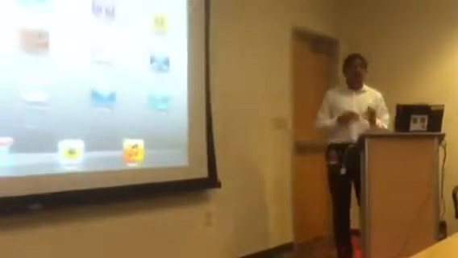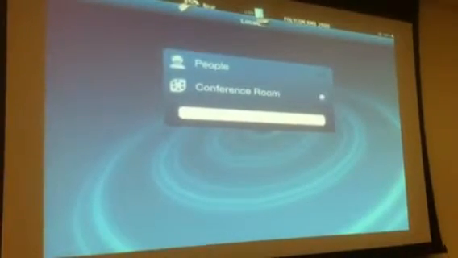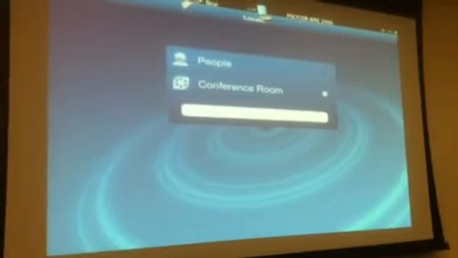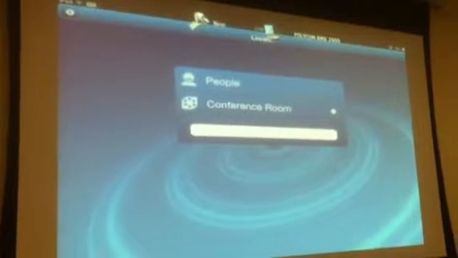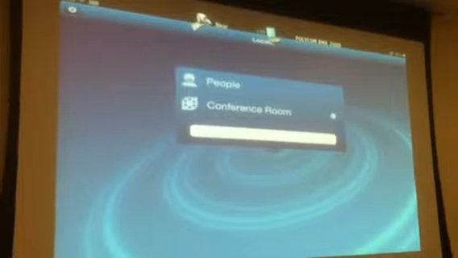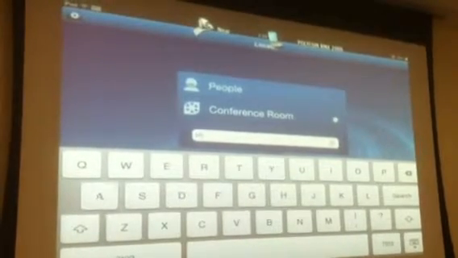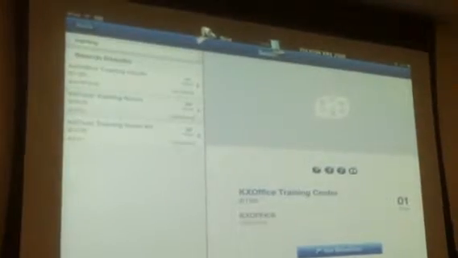So here I'm showing you the iPad version of the app. We have also developed the iPhone version and the Android phone and tablet versions. So essentially this has two features. One is searching for conference rooms. Today we are in the KX office conference room. Say you want to search for the other training room in KXTC, all you have to do is put the word training, search, and bingo,